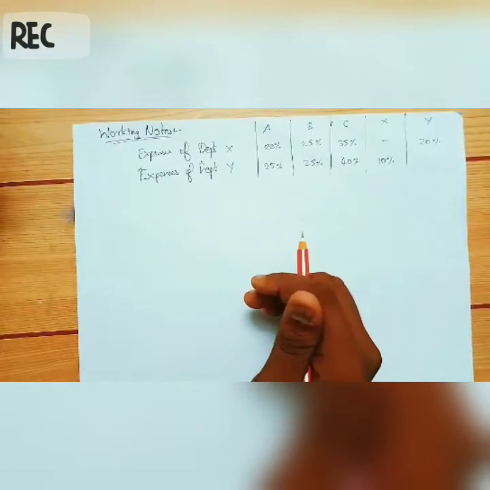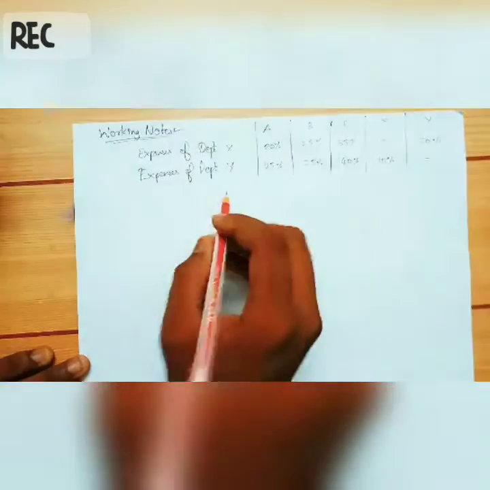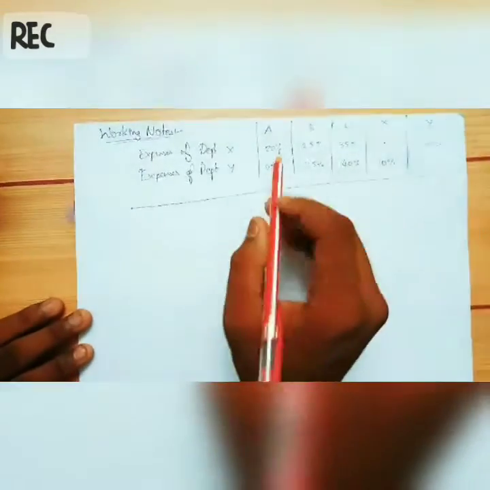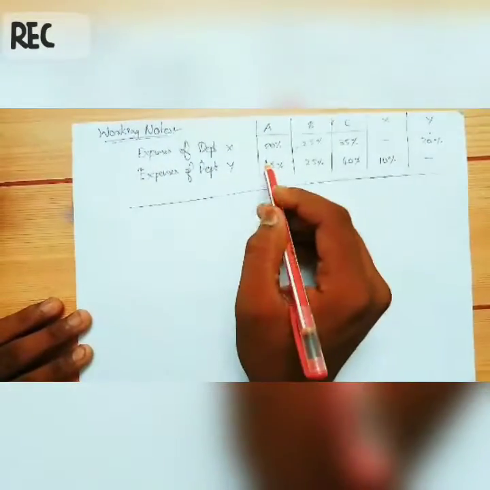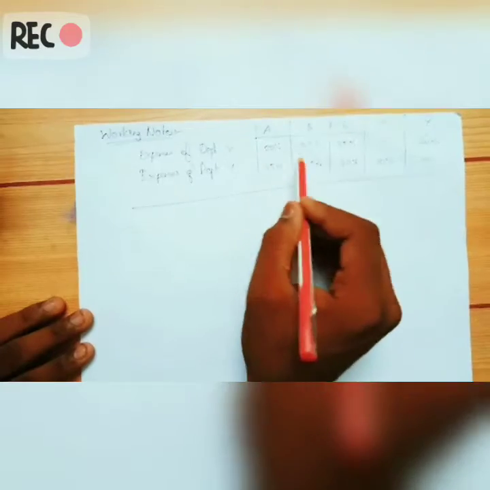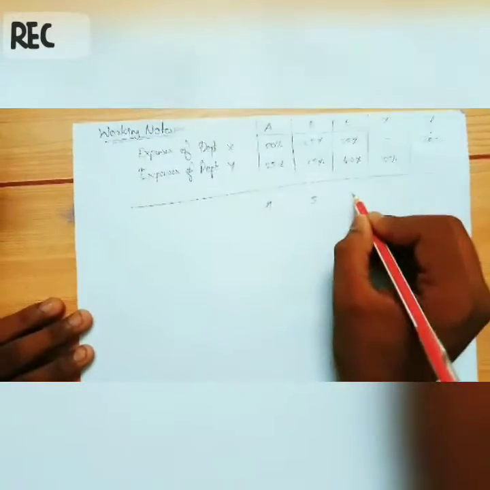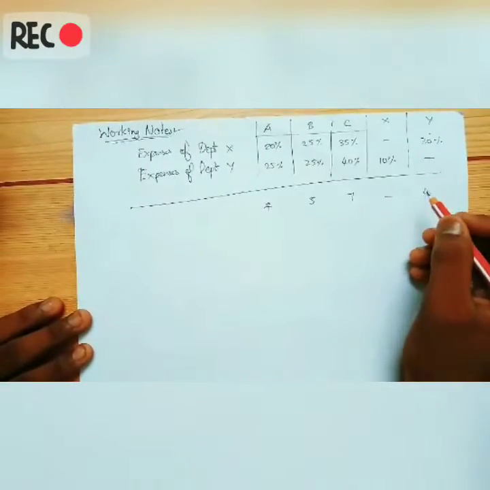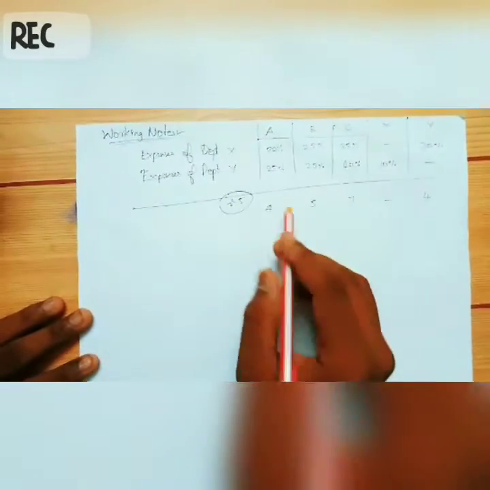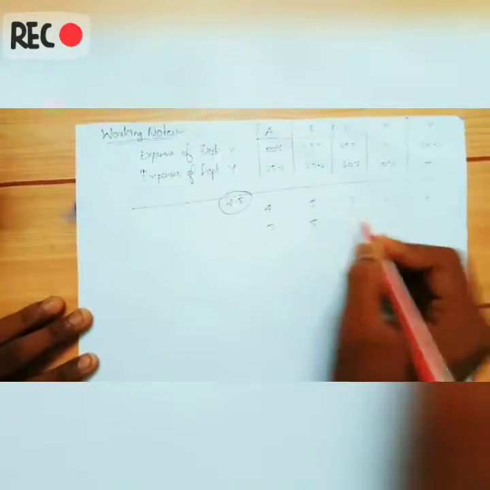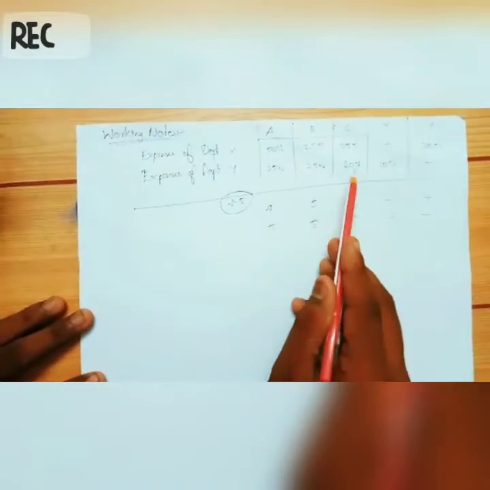Before starting the sum, we are going to calculate the service department expenses charged out percentages. This is the percentage of production departments A, B and C, and this is for the service departments. We are converting percentage into a ratio by dividing it by 5. For department X it will be 4, 5, 7, 0, 4, and for department Y, dividing by 5, it means 5, 5, 8, 2, 0. This will be the ratio for A, B, C and X and Y.